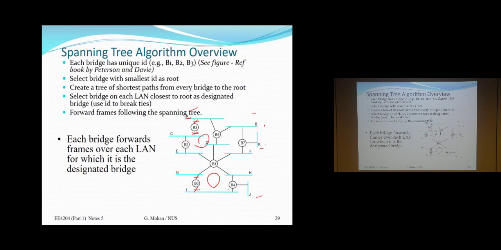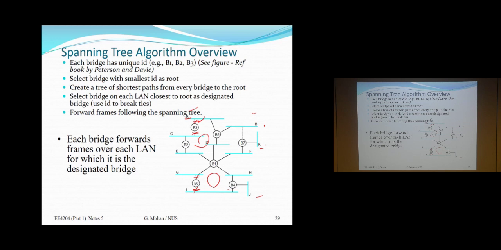Am I right? So basically, we need to decide which of the ports should be active and which should not be active in forwarding the frame. Physically, they are connected. Bridge 3 is connected, bridge 6 or switch 6 is connected. But we are going to declare at the end of this algorithm or protocol that this particular port should not be active. That means it should not forward any frame. Similarly, this should not forward any frame. So this is the restriction we are going to impose. But now the next question is, how are we going to decide which port should be active and which should not? We need to make sure that every LAN is able to communicate to every other